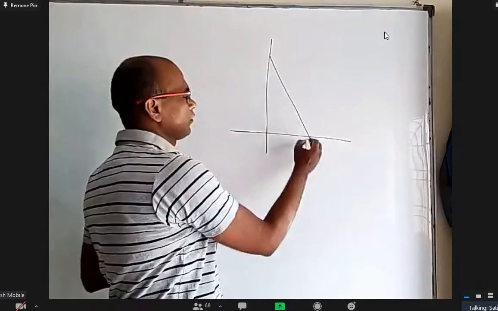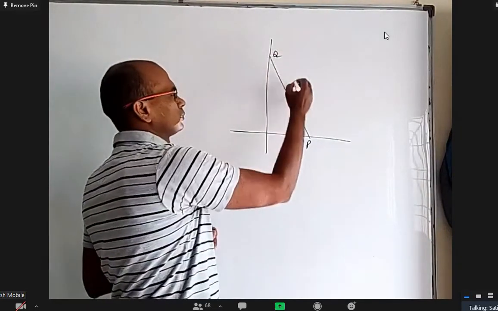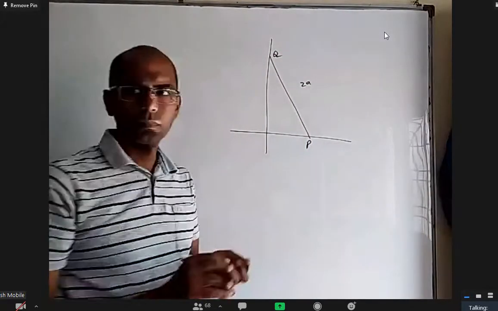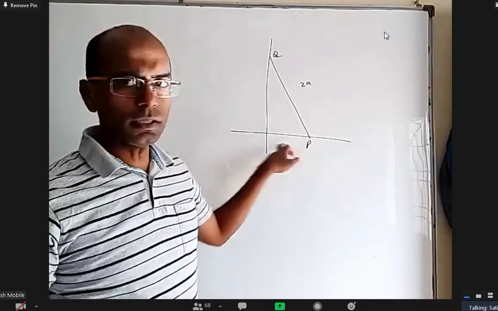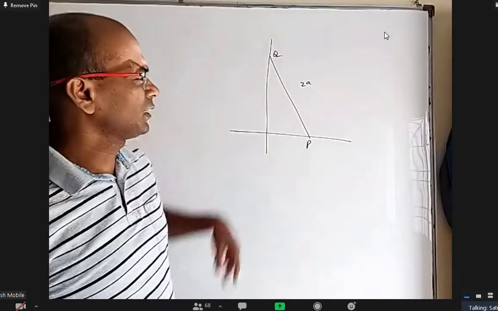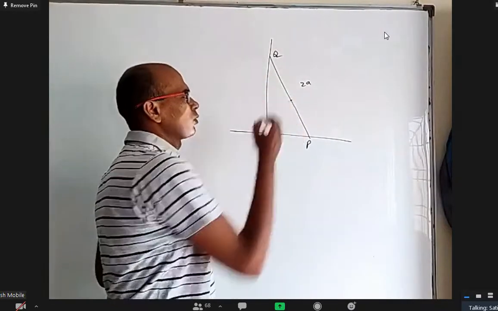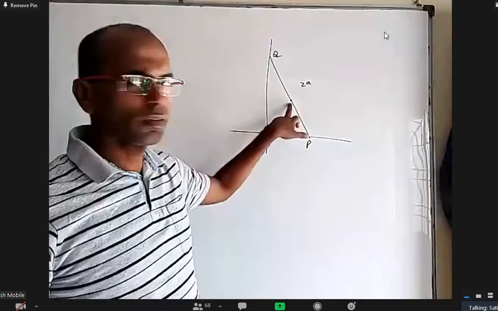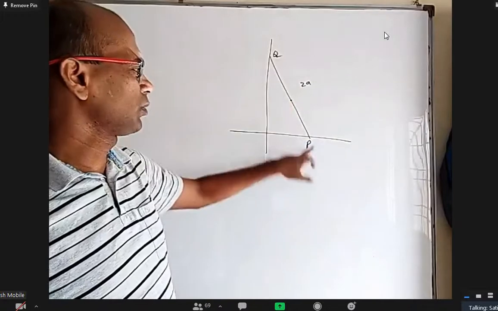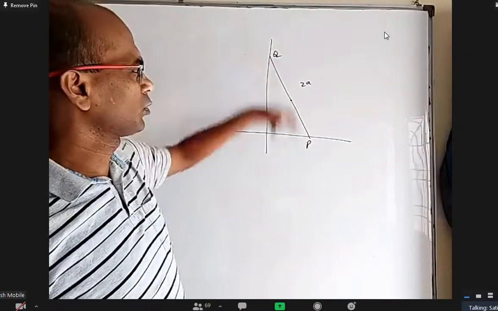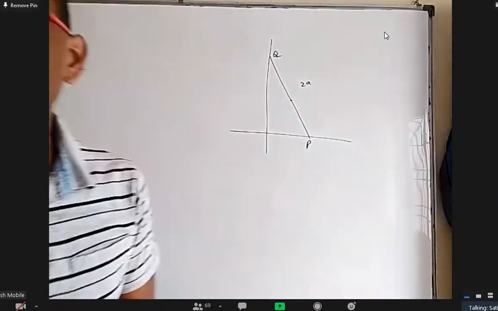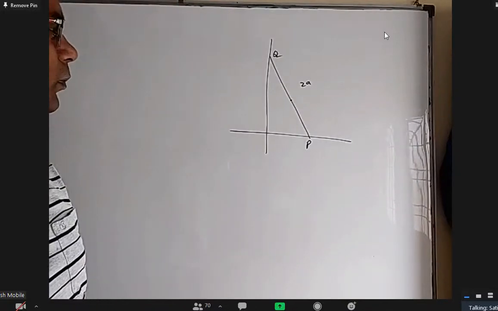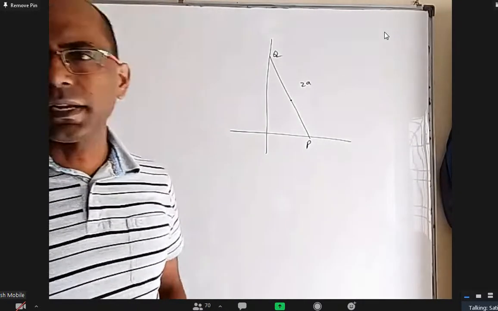This is the rod of length 2a, right? This is sliding here and this one is sliding here. They are asking what is the locus of the midpoint. Of course, somebody can take this as x1, y1 and then this will be 2x1, 0, this will be 0, 2. You apply the distance formula and equate it to 2a, you will get it. Okay. Anybody want to explain anything else?